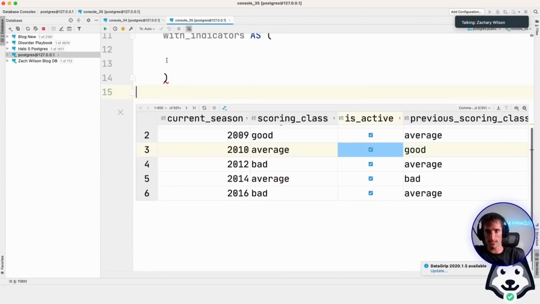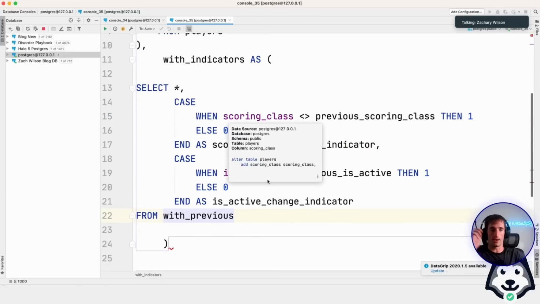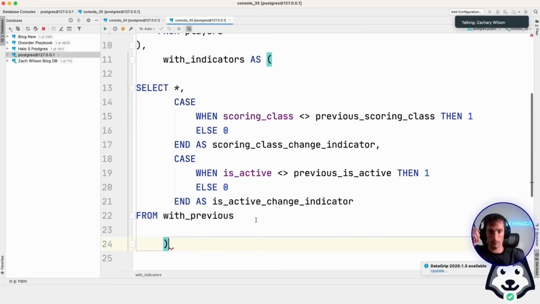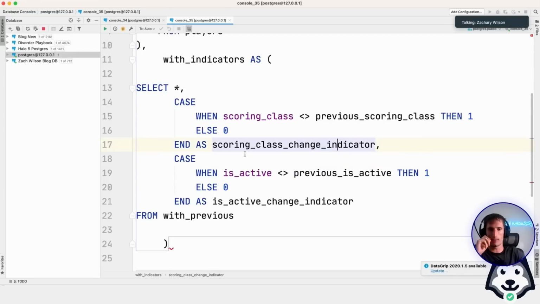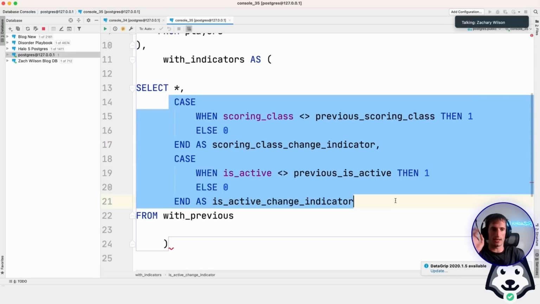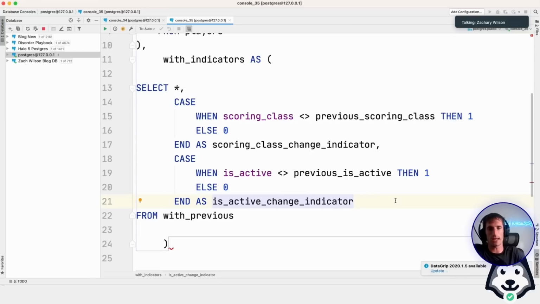So this is great. What we want to do is, there are two ways to go about doing this. Really, we want to track these things together, and I think that's probably something we want to do here. It gets complicated if we have two indicators like this in this pattern. So what we actually want to do is combine these into